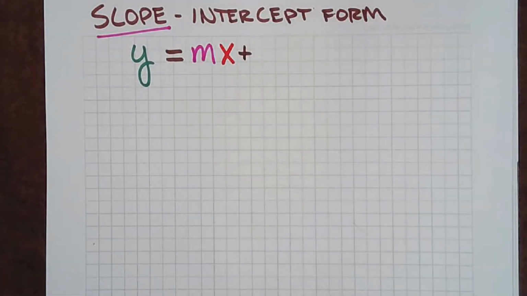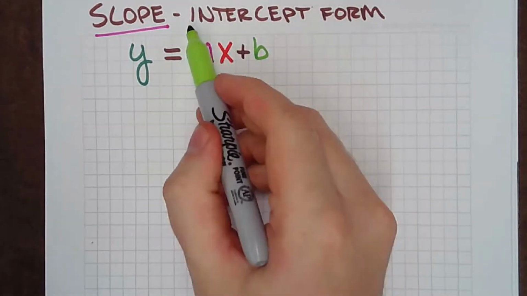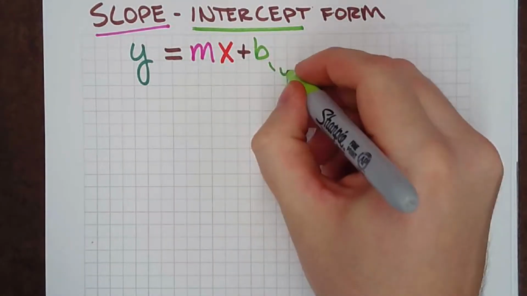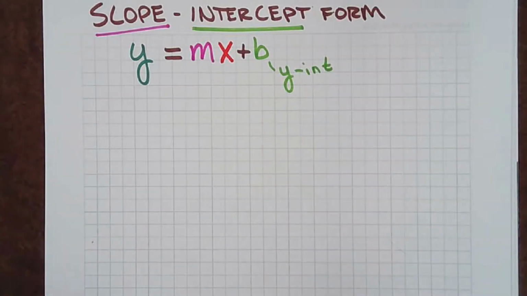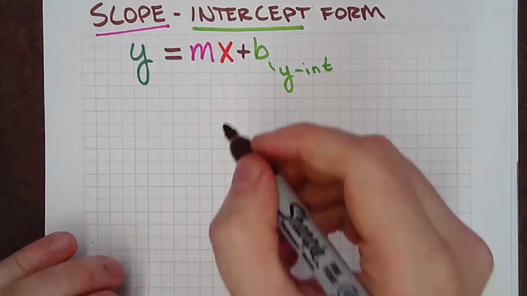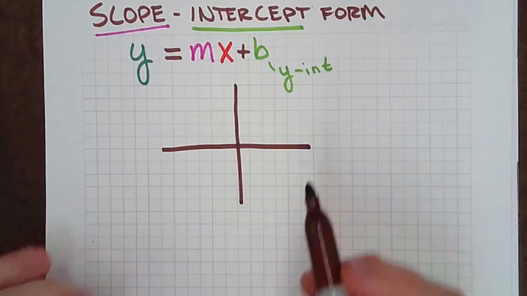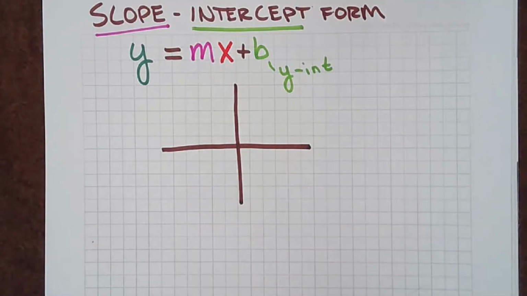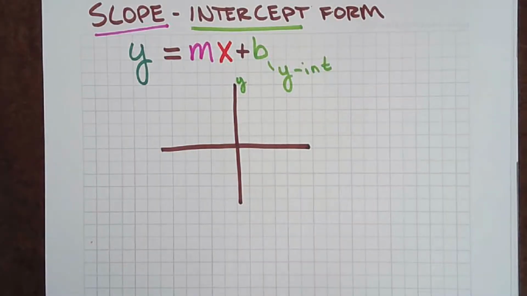And we'll talk later about why this is b. It seems kind of like a strange letter for this, because b is your intercept. In fact, it is not just any intercept, it is the y-intercept. And the y-intercept is where your line hits the y-axis on your graph. So maybe here's our coordinate plane, and wherever our line crosses the y-axis,